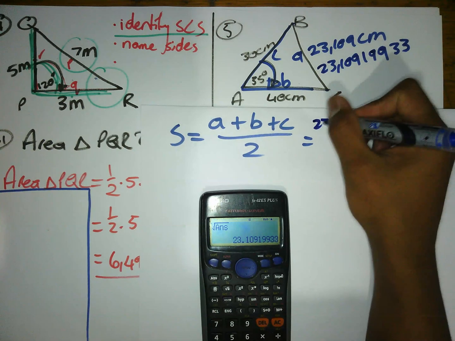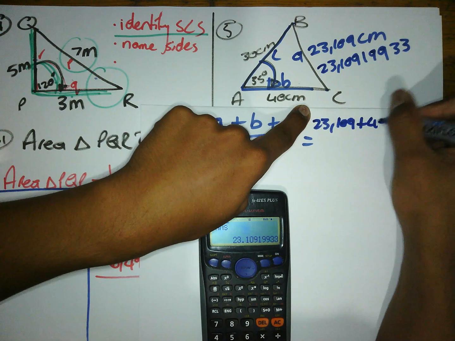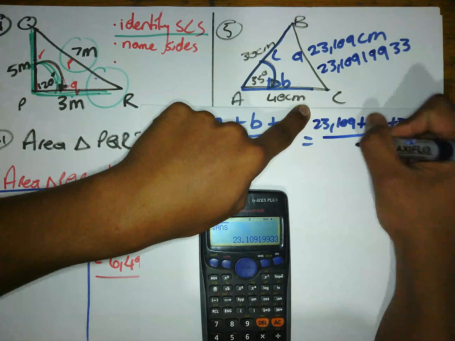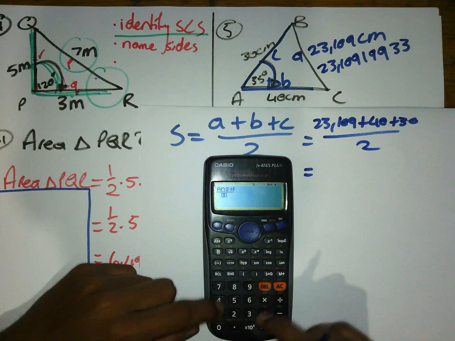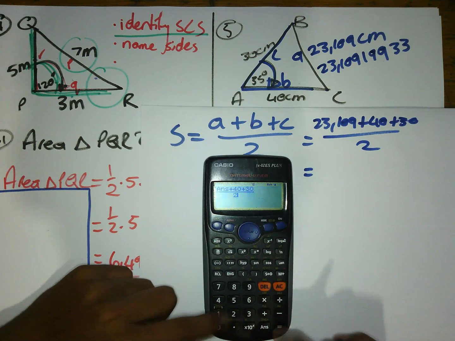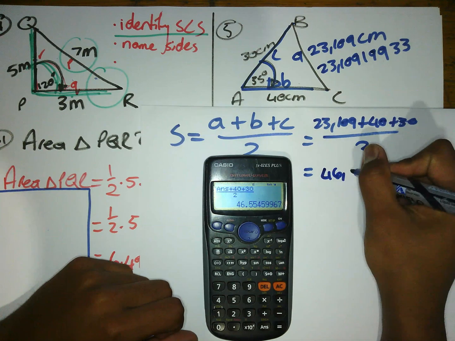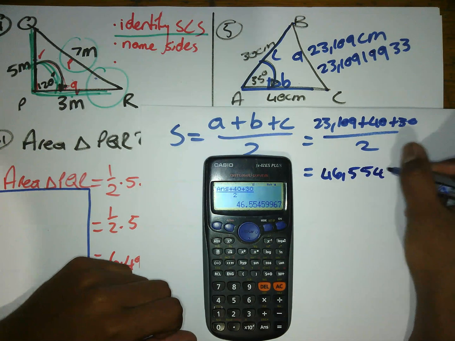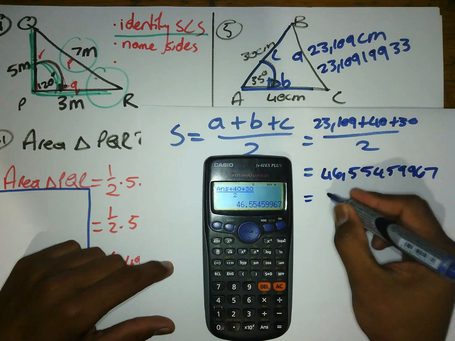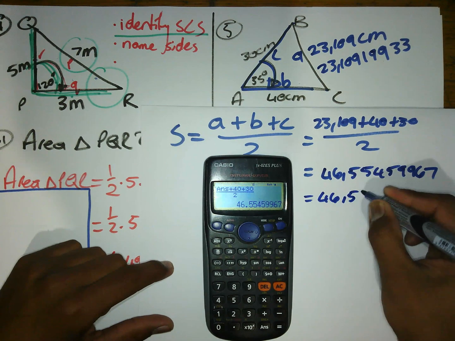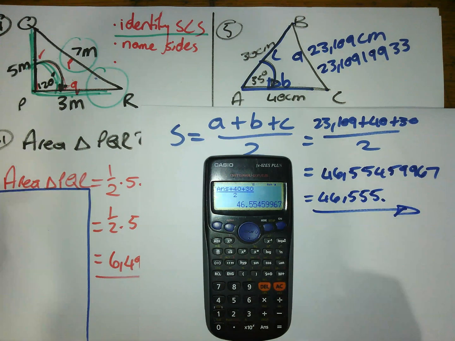So 23,109 plus b, that's 40, plus 30, divided by 2. So 30 plus 40 plus 30 over 2. That is 46.5545997. But obviously we always round off to 46.555, 3 decimals. But because I want a more accurate answer, just because, not to show you,